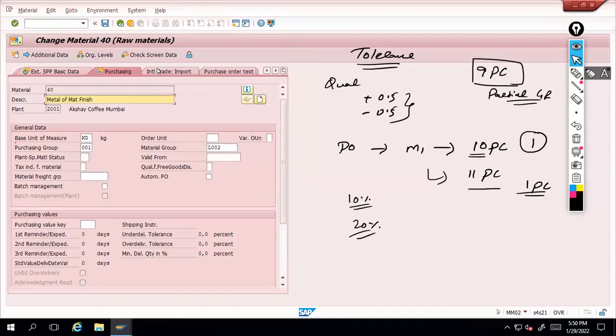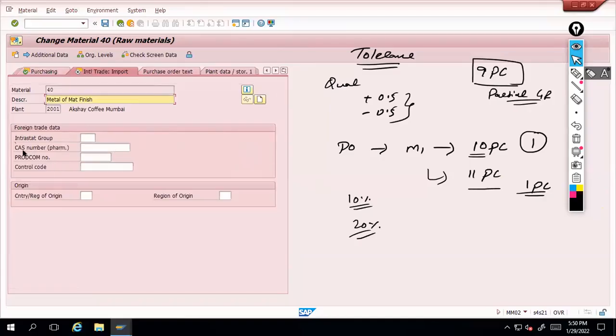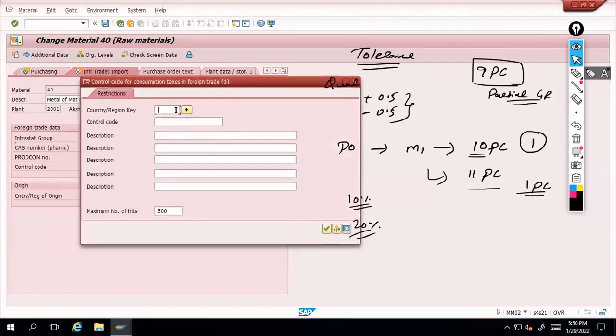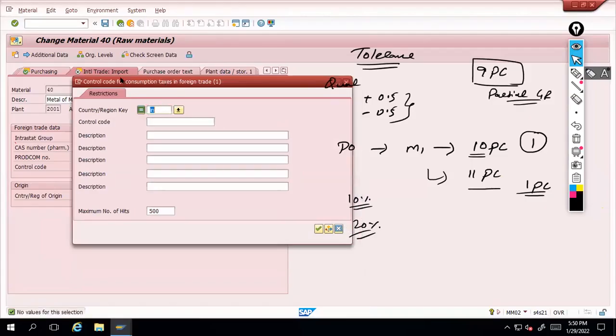If you see international trade export, you have a CAS number. Okay, it's nothing but your HSN code. No, this is not the HSN code. This is a control code. Control code is an HSN control code. Basically, this HSN and control code is unique for every kind of